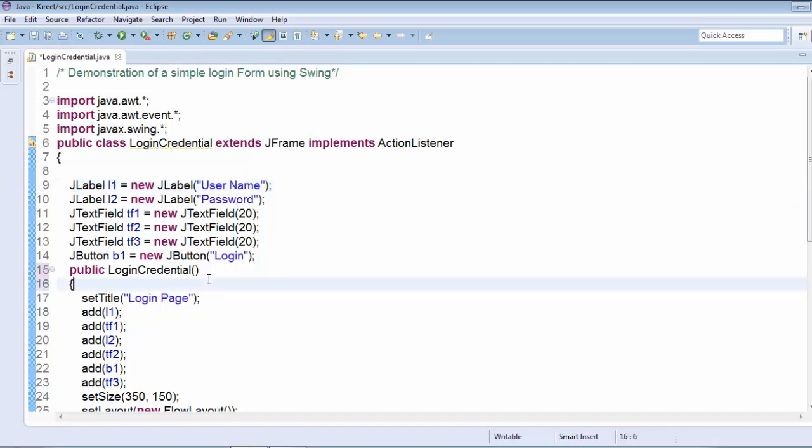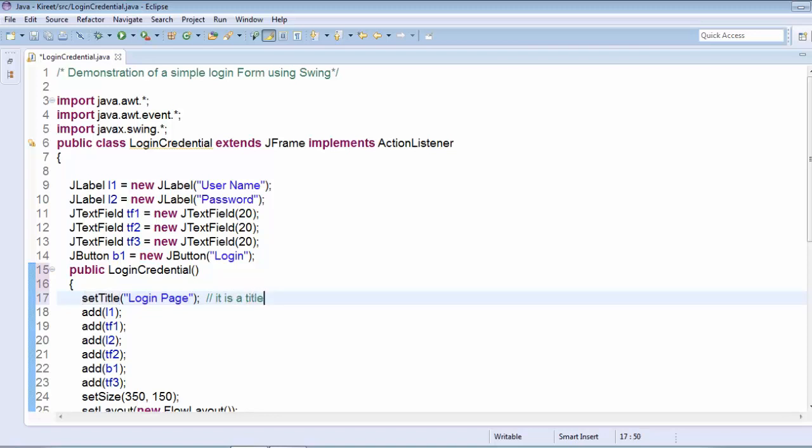Now we have created a login credential constructor in which we have set a title. So we can set the title for our page. When we execute the program, a form will be displayed, and the title says that the name of your form is login page. Now we are adding the components.